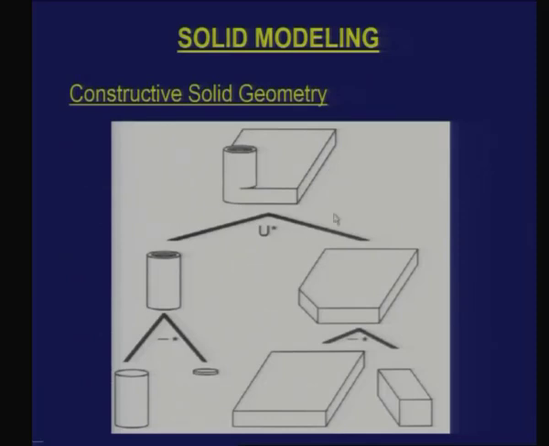CSG is that in order to represent an object, you are actually storing this tree. All the leaf nodes and all the branch nodes and the operations. So I will be storing a primitive, the parameters of this primitive, and all the operations which are done on this. So this entire tree structure is what is stored. So the representation becomes very compact. Even complex objects can be very easily and compactly stored,